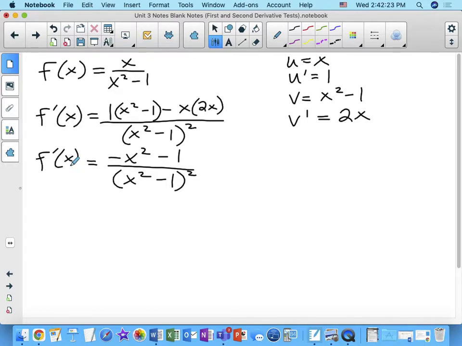Now, critical values. When your derivative is in the form of a rational expression, which this one is, the critical values happen when either the numerator is 0, because when the numerator is 0, the derivative is 0, or when the denominator is 0, because when the denominator is 0, then the derivative is undefined. Okay? So,